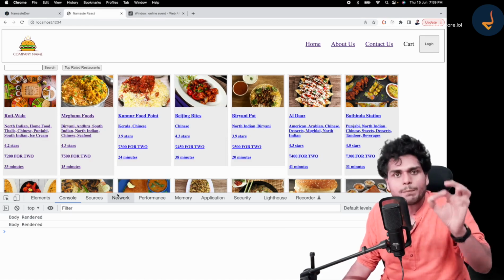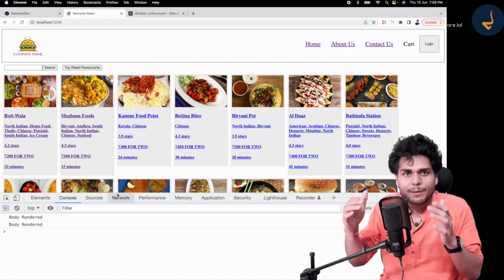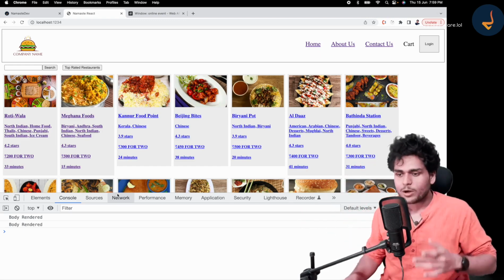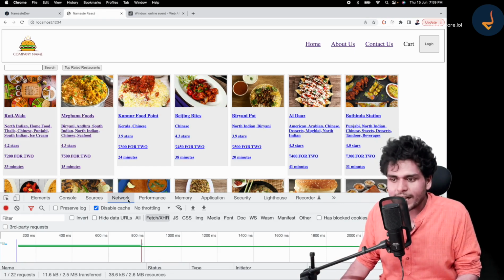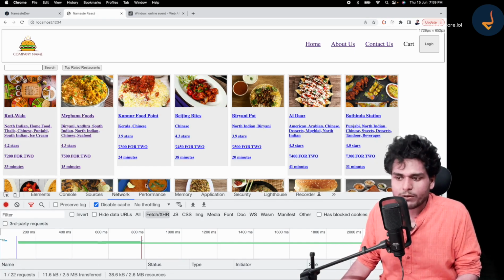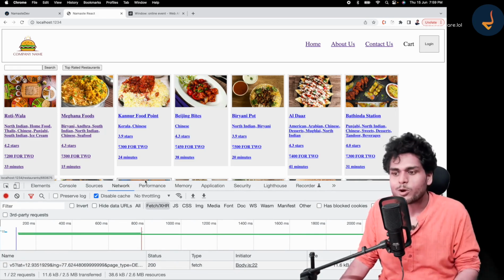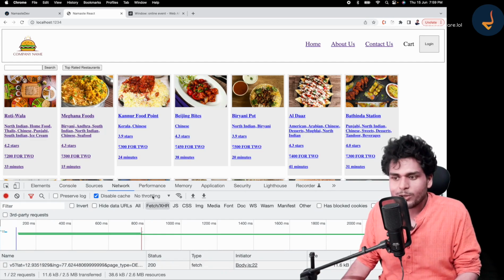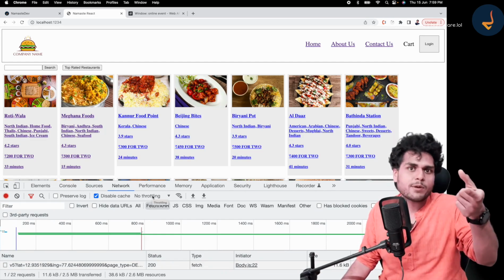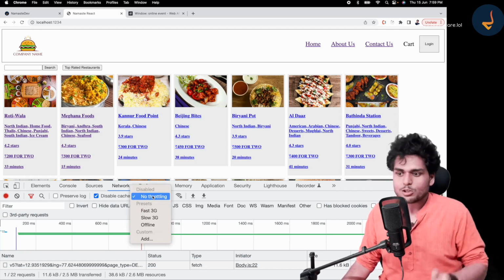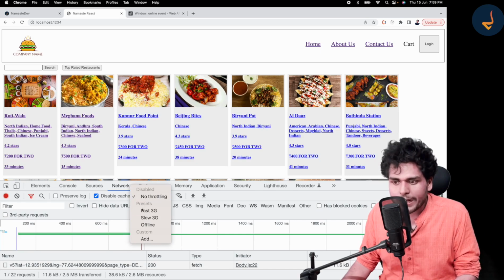The browser gives us the capability inbuilt to check how our website will look when we go offline. So I will use that. That is inside our network tab. If you go to the network tab, I bet a lot of students over here will not know about this. But you can simulate an offline experience. Got it? So how will we do it? I can just go here and choose offline.